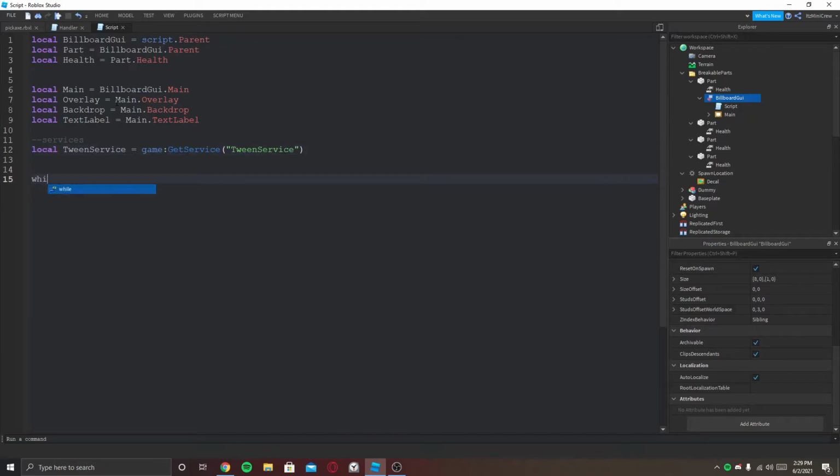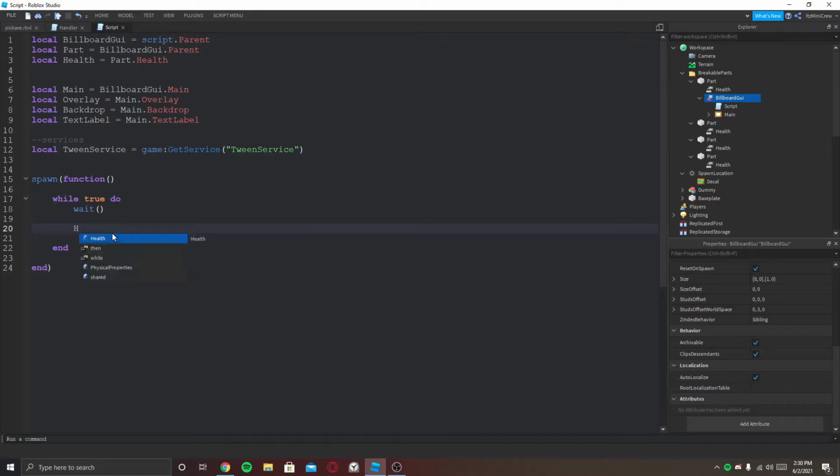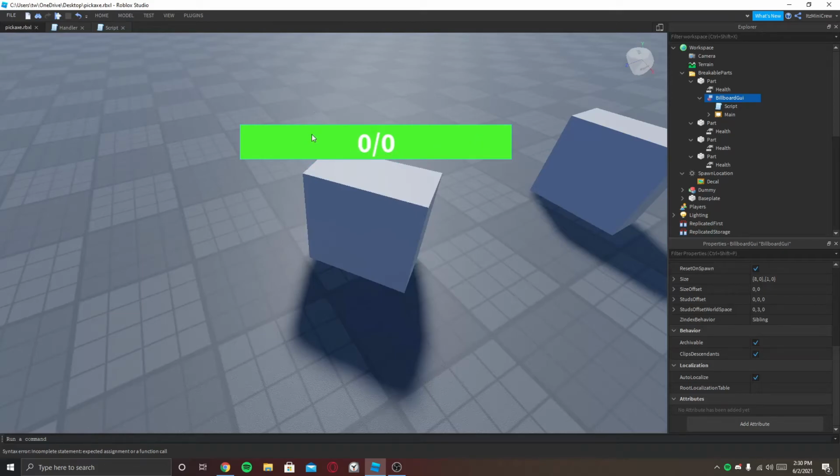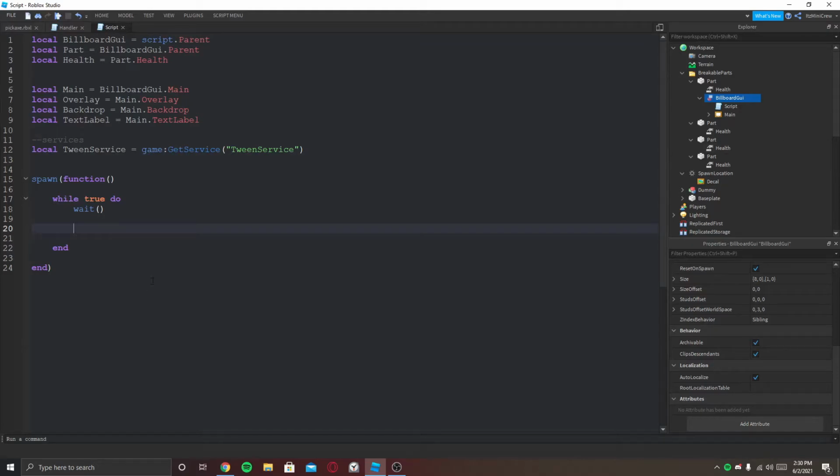The next thing is we're going to start a loop. Actually, I'm going to say spawn function. We are going to be always looping and checking if the health is changing. So now we just need to put this green part to the size where the health is. So first let's change the text label. Text equals health value